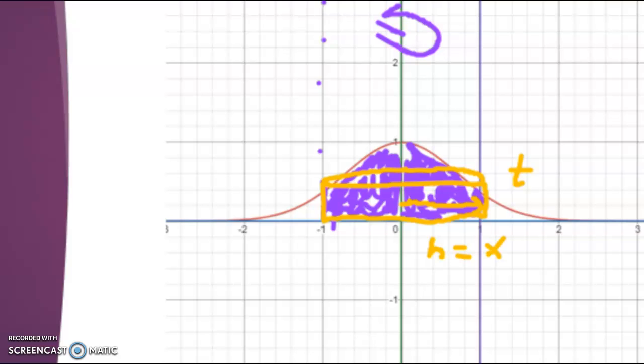Our thickness is going to be from right here all the way up until our function, and our function is just going to be e to the negative x squared. So now that we have all that,